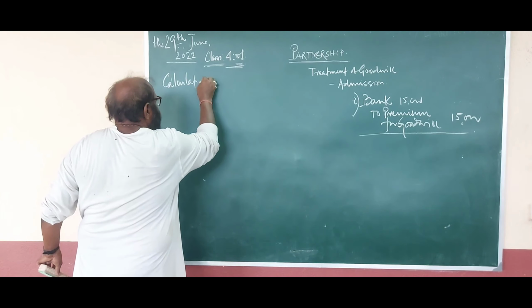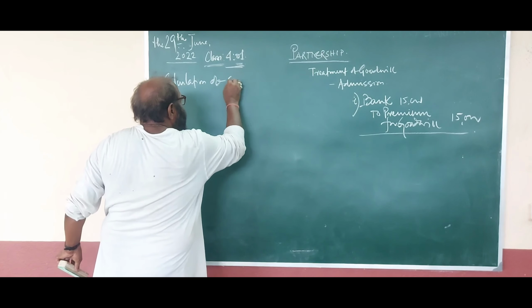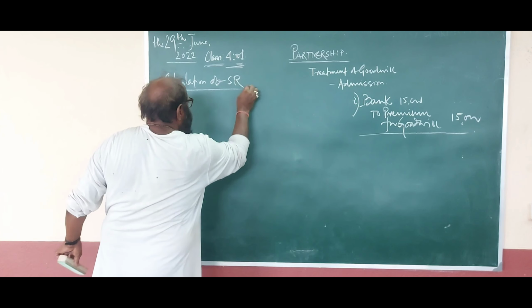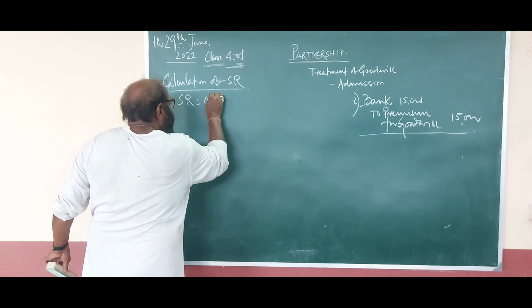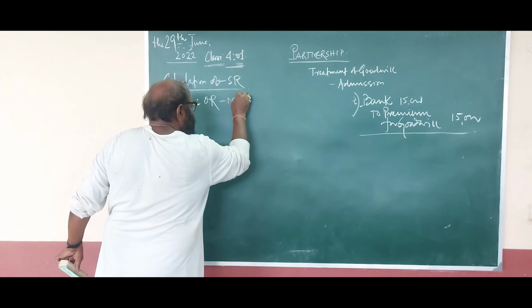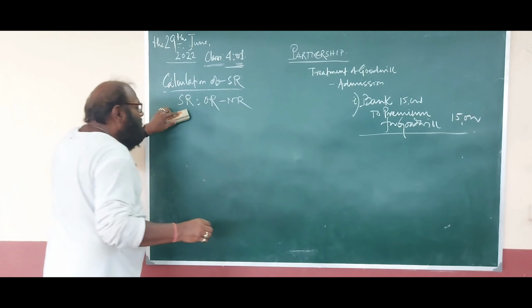Calculation of sacrificing ratio. SR, sacrificing ratio. Sacrificing ratio is equal to old ratio minus new ratio. Why? Because